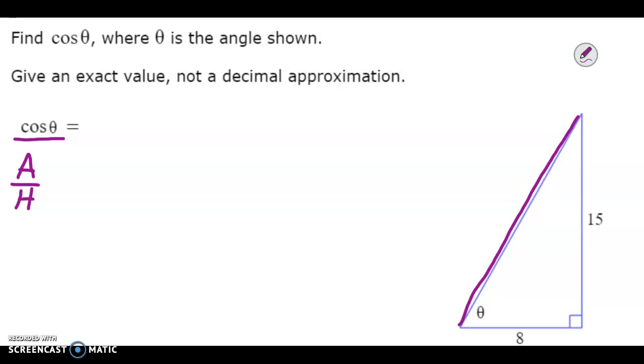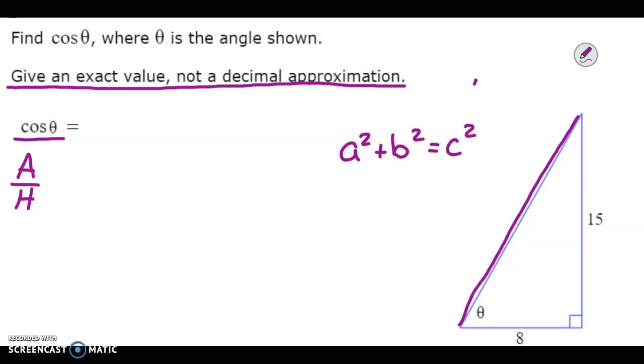Now, when we go ahead and find that, what they want is to give an exact value, not a decimal approximation. Here's why that is. When we're trying to find the hypotenuse, again, we're looking at a squared plus b squared equals c squared. We're looking for that hypotenuse, which is that missing c value. Doesn't matter which leg you call a and b because they're both being squared and added up. So you've got 8 squared plus 15 squared is equal to c squared, which is going to be 64 plus